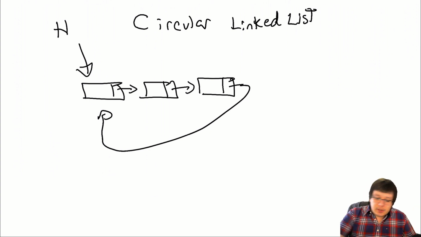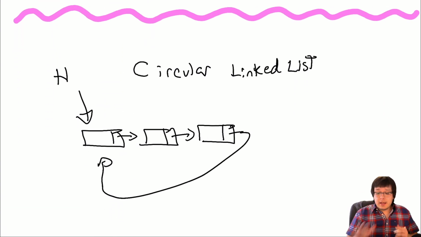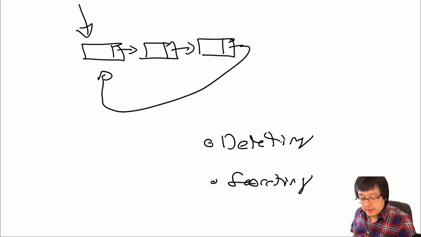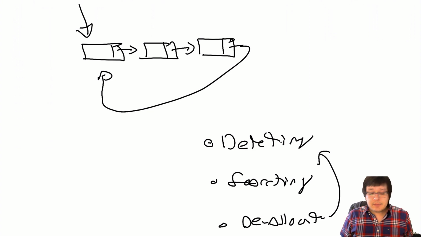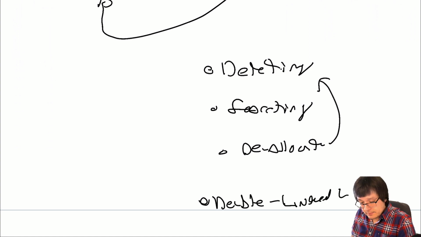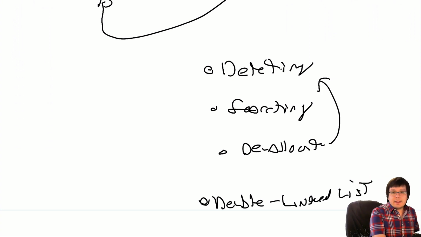So, moving on from circular linked lists, we can go back to coding our linked list. Today's goal is really to talk about deleting, maybe searching. We haven't done much searching on a linked list. And a refresher on deallocate, which goes into the delete. Once we finish all of that, we can go in and make a double linked list. That's the plan, not just for today, but for the next 2 days. I think we'll be done with linked lists after that, and then from there it'll just be stacks and queues.